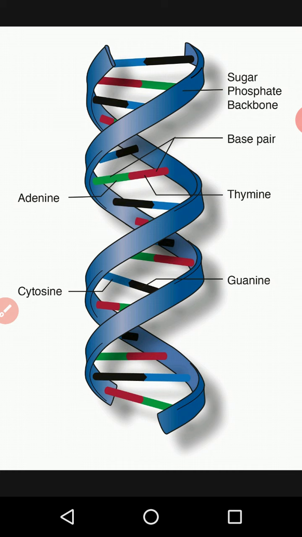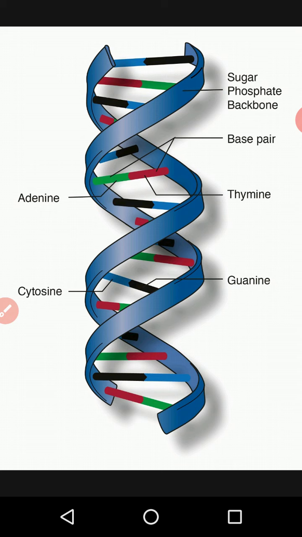So what is the chemical structure of DNA? DNA is actually the chemical framework used to prepare the structure of chromosomes. So it is totally prepared by chemicals, and these chemicals give the structure to prepare the chromosomal structure.